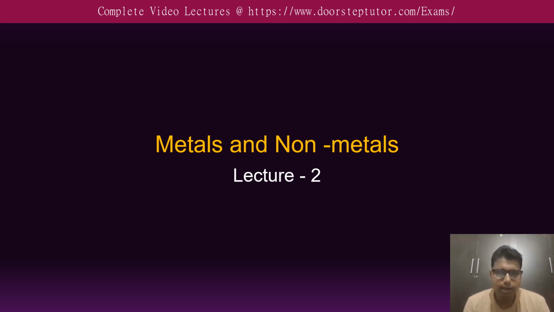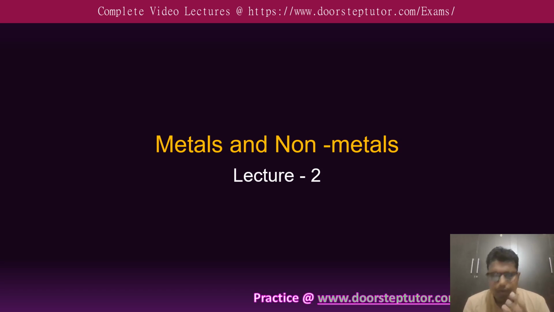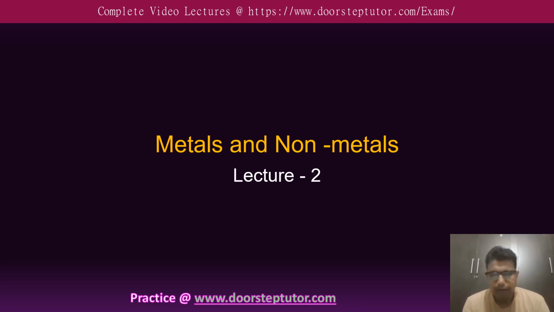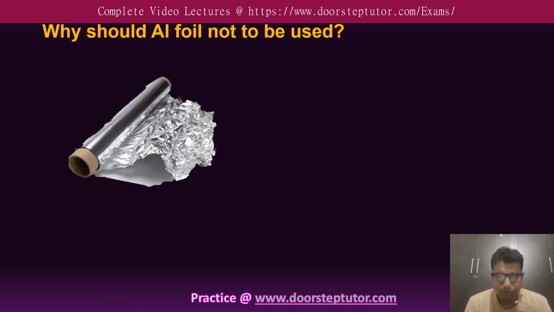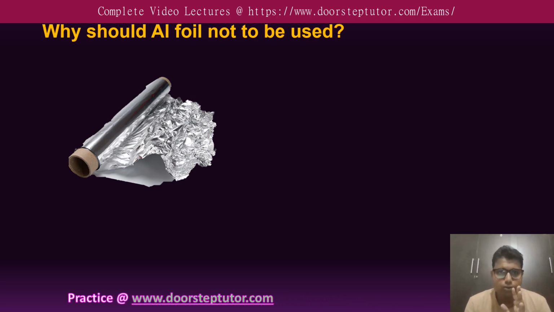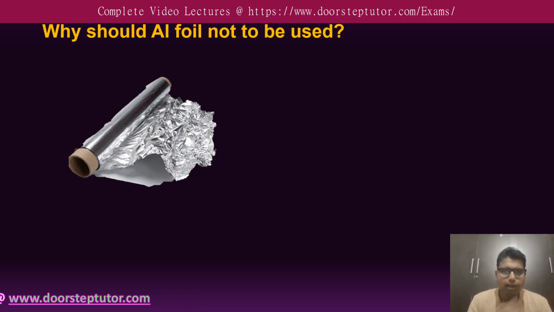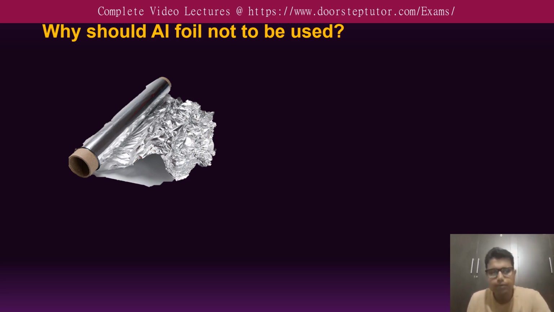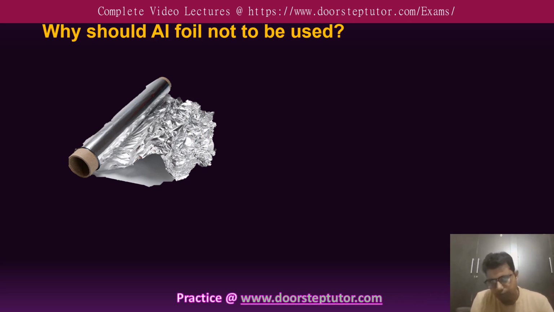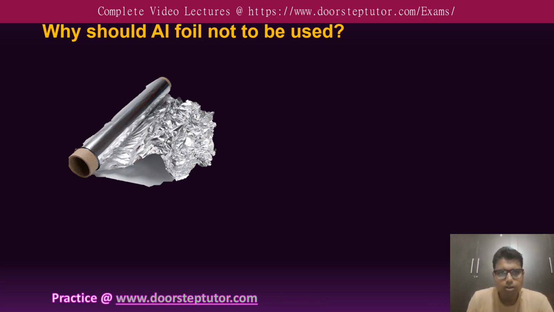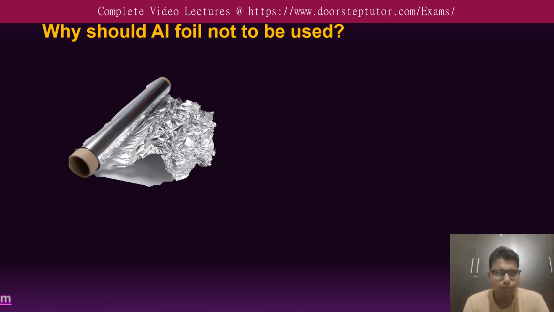Now let's understand a special fact related to aluminum foil. Aluminum foil is generally used to wrap food. For example, if we have a tiffin and want to take food in it, we generally use aluminum foil. Aluminum foil is also used for some other types of food substances as well. That is a very famous use of aluminum foil,